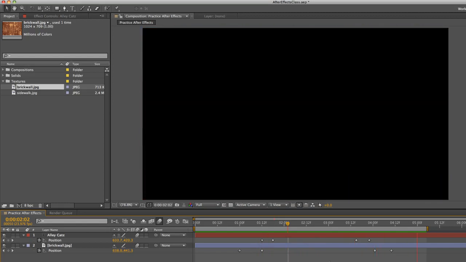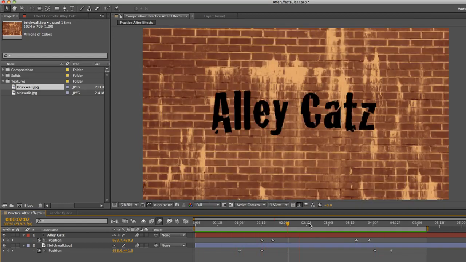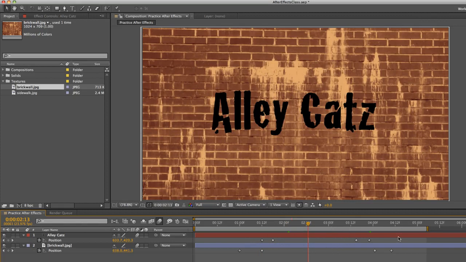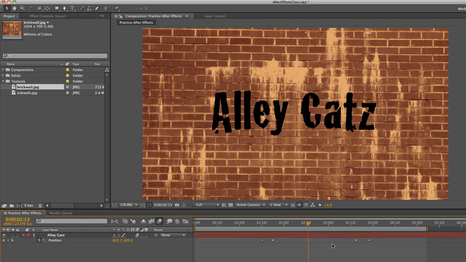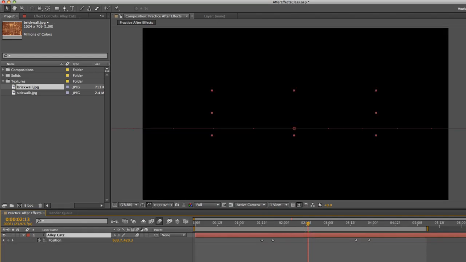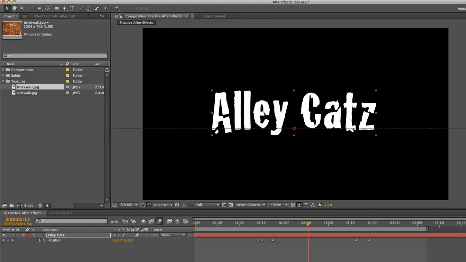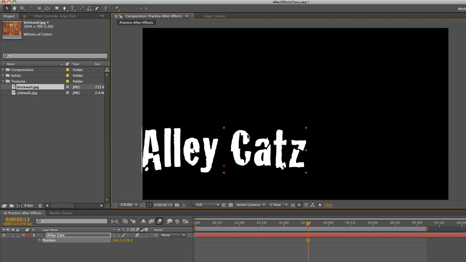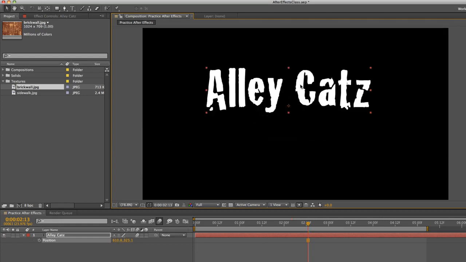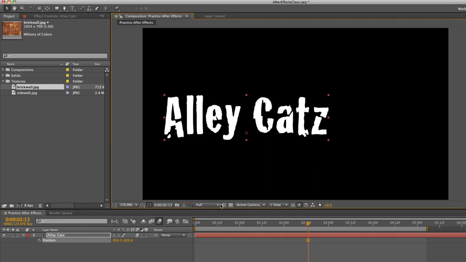I just want to show you one more thing, though. When we're talking about keyframes and motion, maybe we want something to move in more of a curve than a straight line. So I'm going to make this text white so that we can see it. So I deleted our brick layer. So I'm going to delete these keyframes as well. So maybe we want this text to kind of go from here up and then down. So I'm going to set 2 keyframes, one at the start right here,